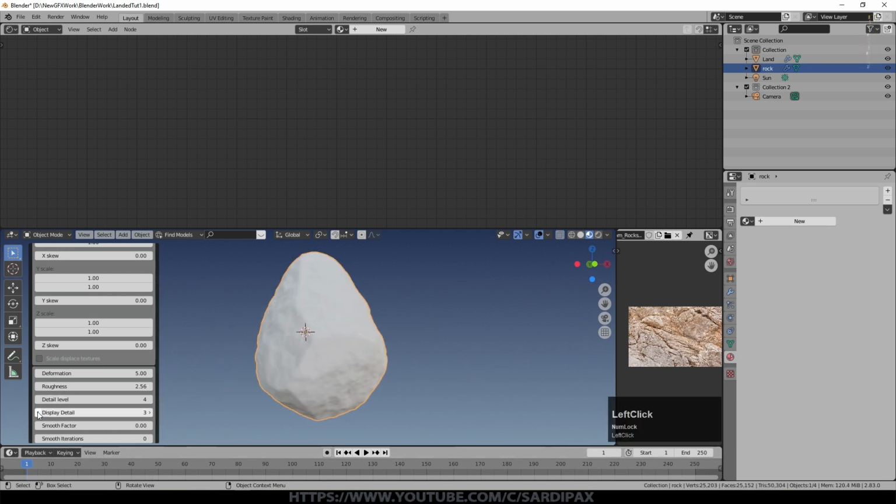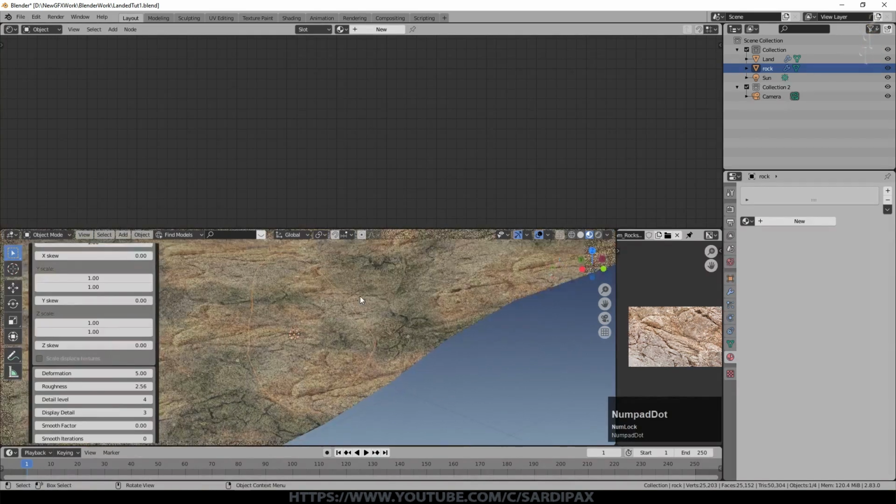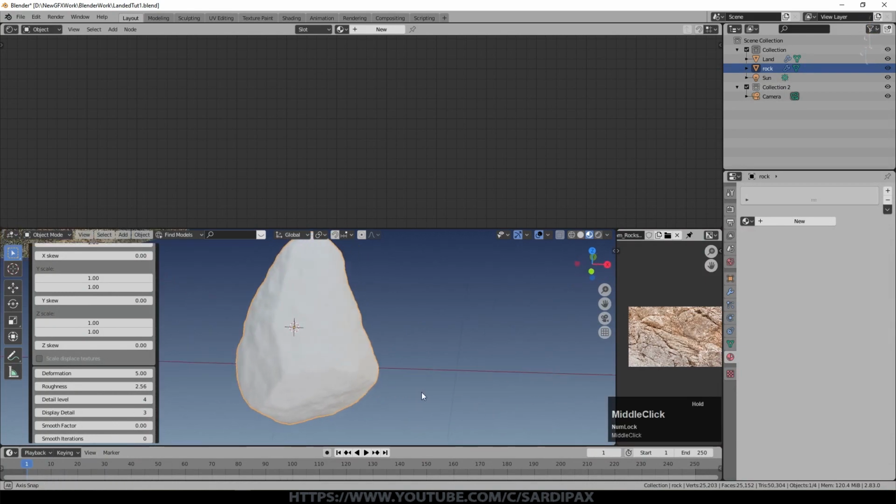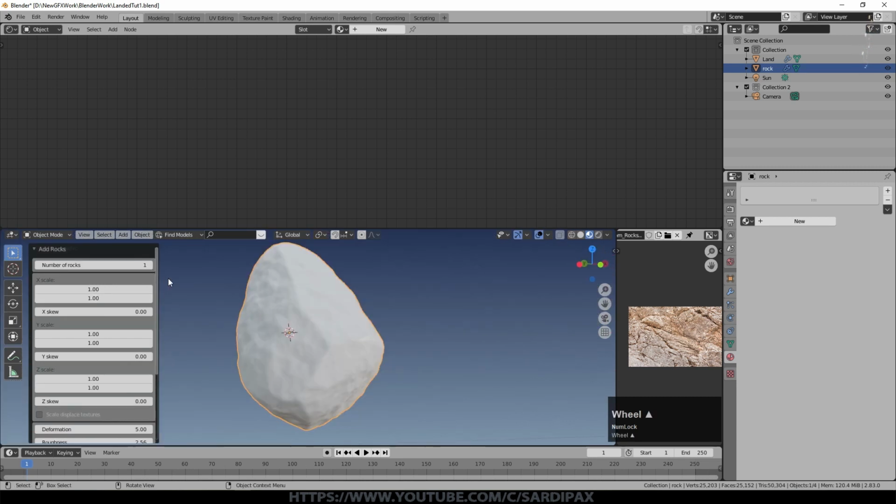So we'll come back down again to 3, and now we're down to 25,000 vertices. So be careful about that. Don't just use the mouse pointer and swing wildly up, or else you'll be restarting Blender. Once you've got a roughly right looking rock, then we can decide how many. And it's certainly worth having more than one.